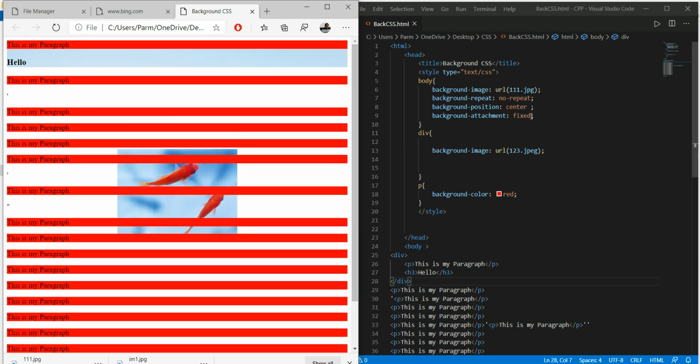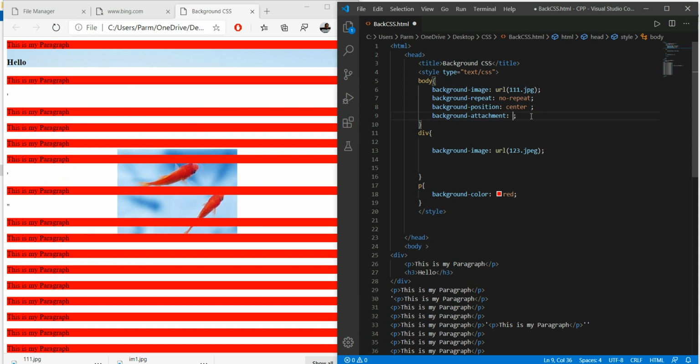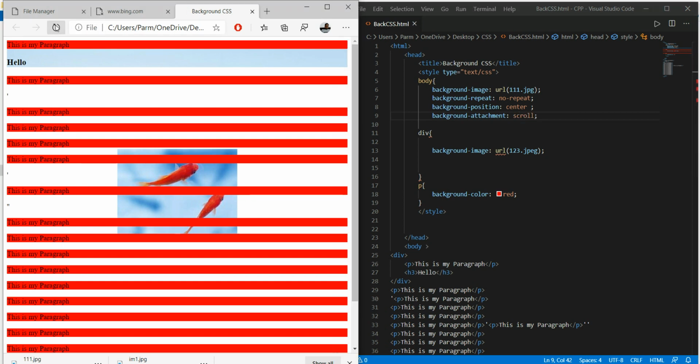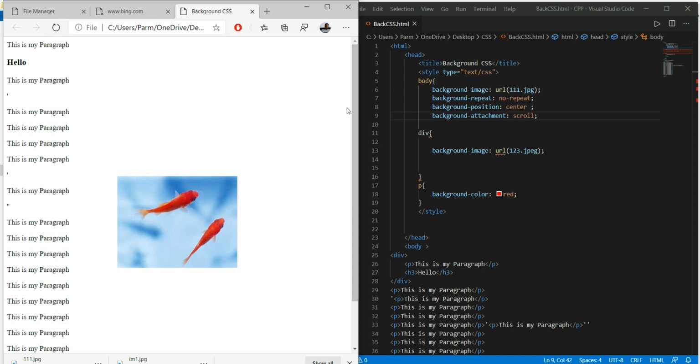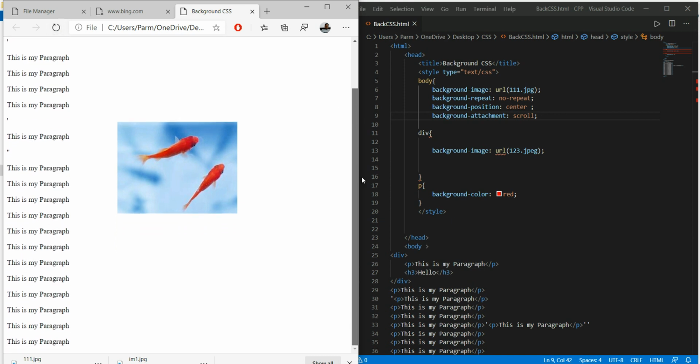If I make it scroll, now let's make it scroll. Save this. Now this time what is going to happen, this is becoming a scroll.